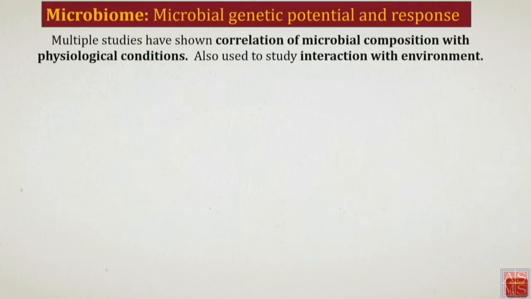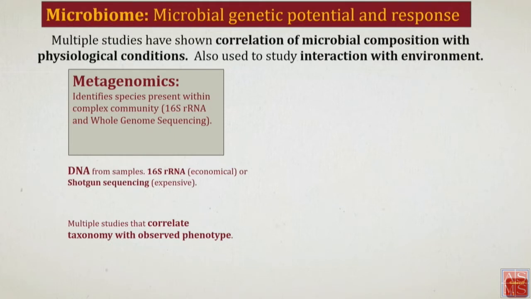Most of the research has been focused on correlating taxonomy of microorganisms to various physiological conditions. There have been some really good papers in the last few years correlating the microbiome to physiological conditions such as diabetes, atherosclerosis, mental health conditions, arthritis, and so on. There have also been a lot of researchers who have worked in environmental microbiology and have used metaproteomics or microbiome research as a way to look at how microorganisms react to the environment.